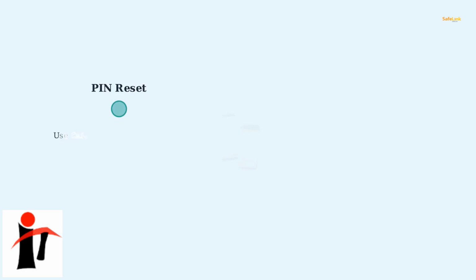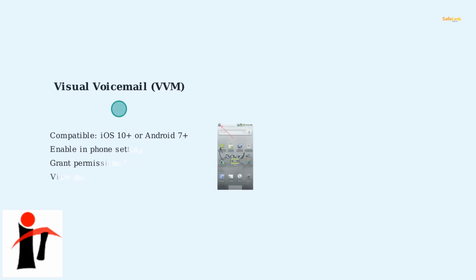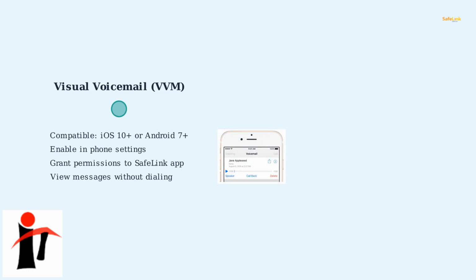If you forget your PIN, use the SafeLink mobile app, version 5.2 or later, to reset it. If in-app reset isn't available, call SafeLink customer service at 1-800-723-3546 for assistance. For visual voicemail (VVM), ensure your device is compatible, iOS 10 Plus or Android 7 Plus, with